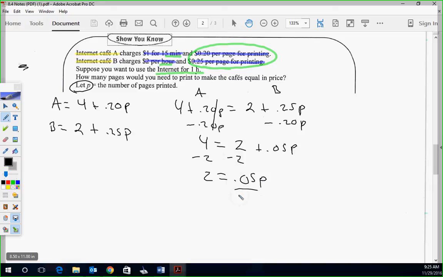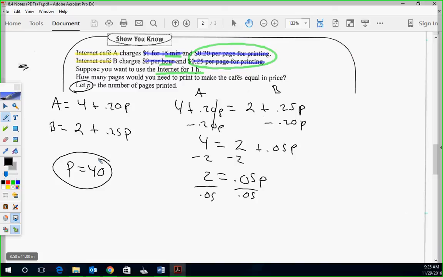Divide. But it's going to make it bigger. Okay, so 40. That means, at 40 pages, they're equivalent. So if you know you're going to print 40 pages, you can go any place you want. If I'm going to print 100 pages, where should I go, Aiden? Probably number